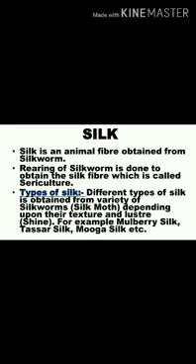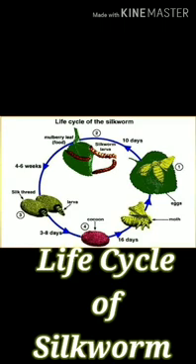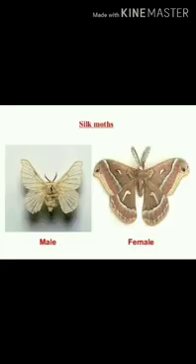Before understanding the concept of processing of silk fibers, let us understand the life cycle of silkworm first. As you know, the silkworm has a life cycle of 4 stages, and its first stage is the egg laying stage, second stage is larva stage, third stage is pupa stage, and fourth one is the cocoon. And inside the cocoon adult moth grows. So these 4 stages will be elaborated in this video.